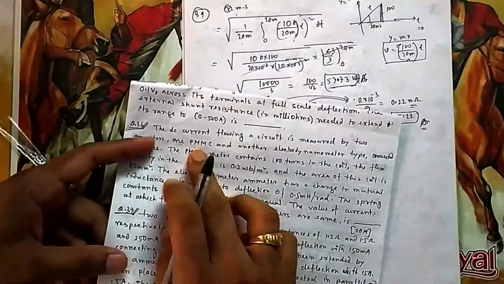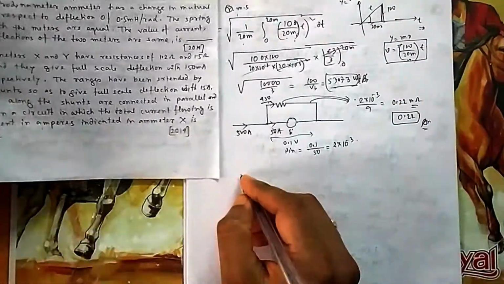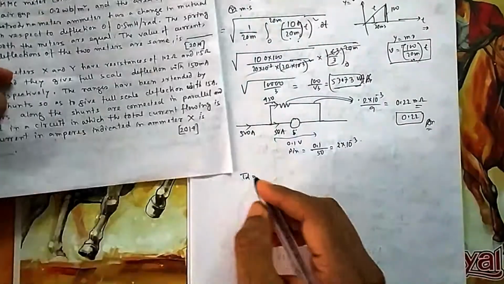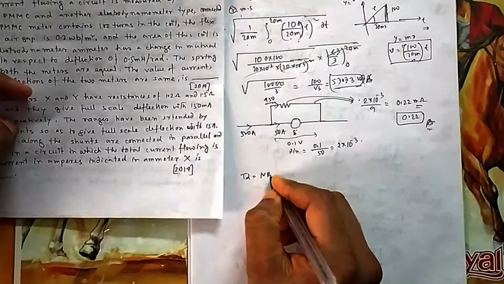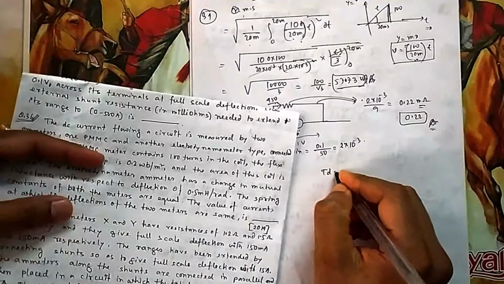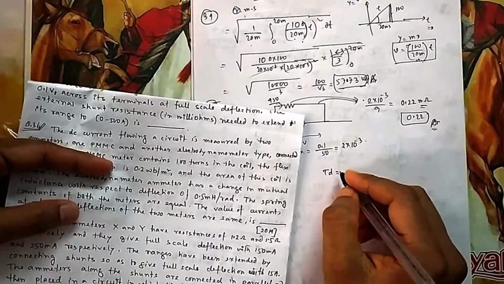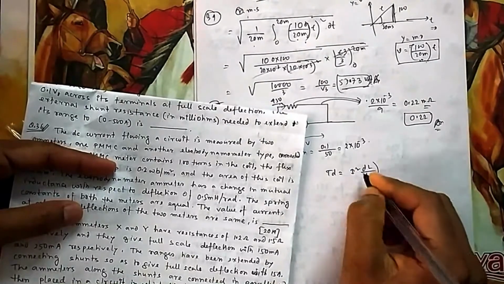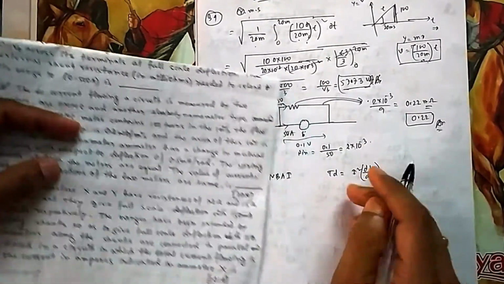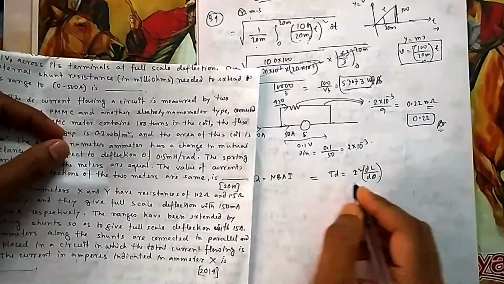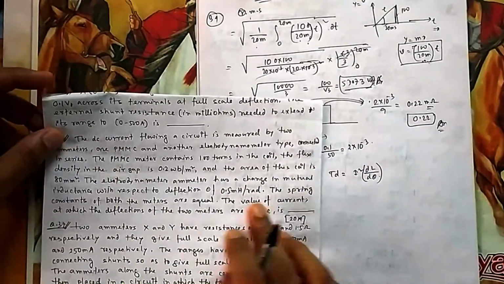Okay, so what is the deflection for a PMMC meter? PMMC meter deflection is NBA. I told you, PMMC means MC, moving coil. So for moving coil, it is always I N B A. And in case of electrodynamometer type, for MI it was half, but here it is not half, it is I square dM d theta. For MI it was half, and for electrodynamometer it is only I square, so that is the difference. So these two are equal, because the same current is flowing and the same deflection.